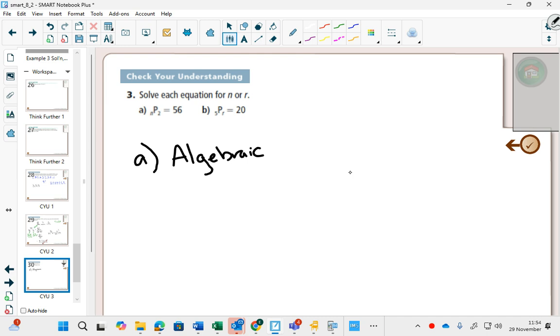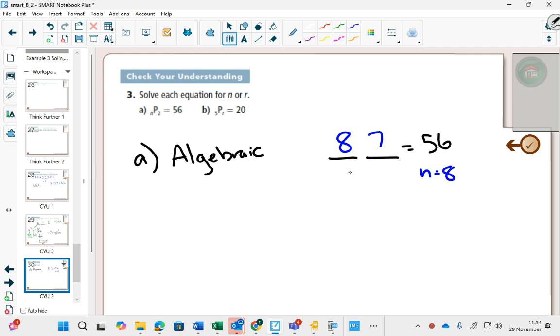If 2 is the number of spaces, and n is the number you start with, can you mental math figure out what number and then one less would make 56? Yes. 8 and 7. So you unalgebraically could quite easily figure out that n is 8. It's nice to be able to check that, but you would lose all your marks on this question if it